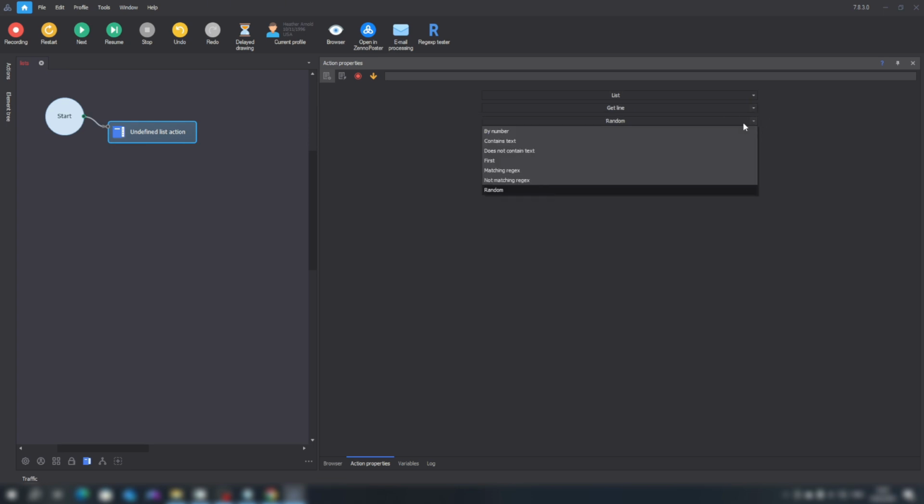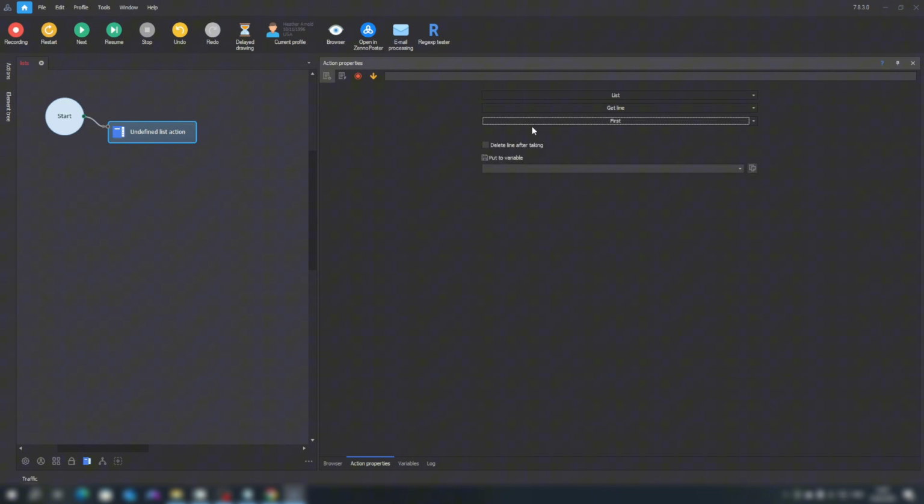And now, I will visually show how synchronization occurs. We will delete an element from our list. Like this, we will check the box here to ensure the element is deleted. That is, we take the first string from our list, and when we take it, it will be removed from the list. It will load into a variable, be deleted from the list, and through synchronization, be removed from our file. And now let's create a new variable, where we will save it. Since it contains the login and password, we will name the variable login and password accordingly. We created a new variable.